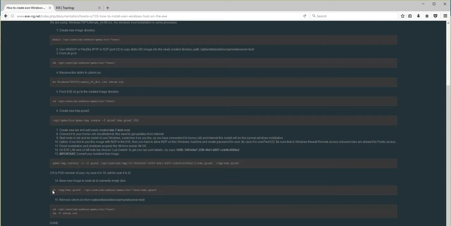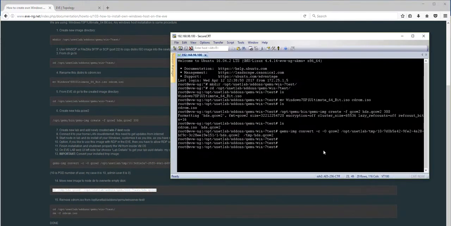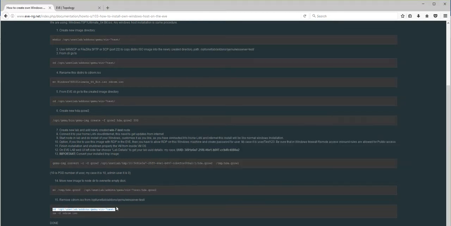So I'm going to copy this command, Control C, CLI again. So I'm just saying okay, it is moved, and the last step left is to remove the installation CD-ROM from your working directory, actually from the image directory.